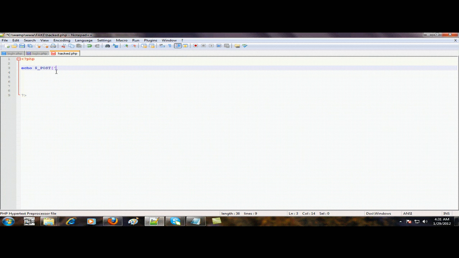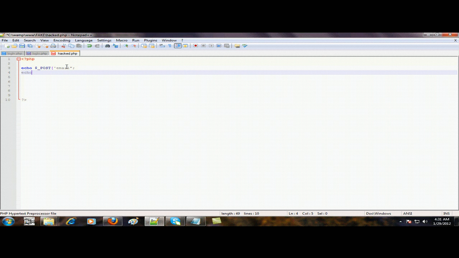So we have to write here email, and echo and underscore post, pass, and close the bracket with a semicolon. Okay, this should be a form. The echo statement is used to print email and to print pass.